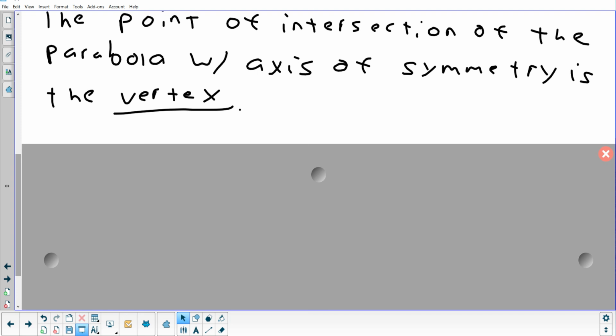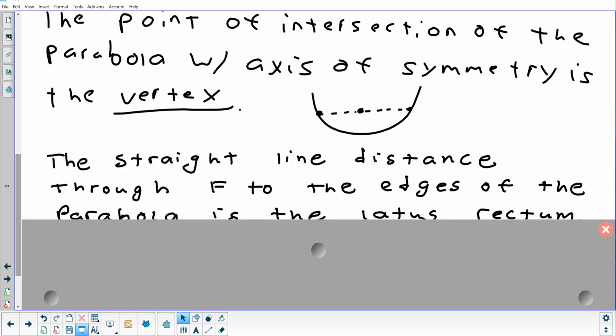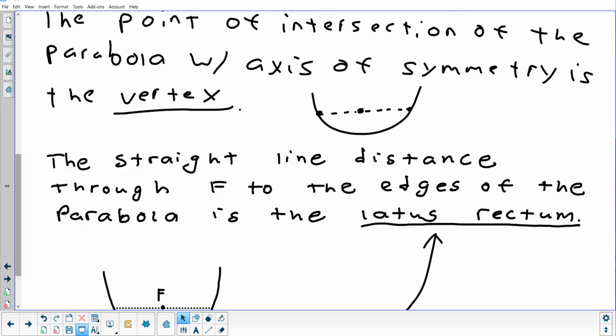And there's one other distance that they sometimes talk about with a parabola. And let's say this is the focus, and that's this distance. It's the width of the parabola. But you can't always say the width is the same, because the further you go on the parabola, the wider it keeps getting. So this is the width of the parabola through the focus. And the name for that distance